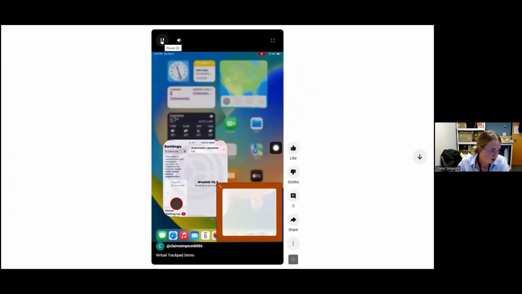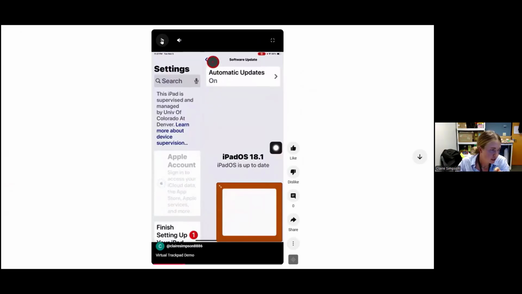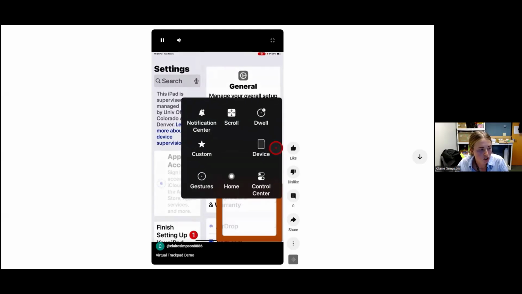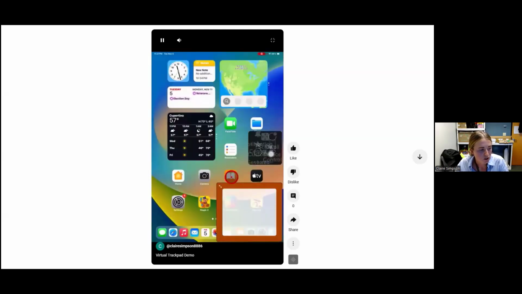So there's a kind of a red circle moving around the screen. That's my cursor. What you can't see, because this is a screen capture, is my finger is on the screen moving around that trackpad that's in the bottom right corner with the red border. So I'm moving my finger around there. That's generating directional movement of that cursor on the screen. And I'm just kind of showing how I click on different things, use assistive touch to do different gestures like